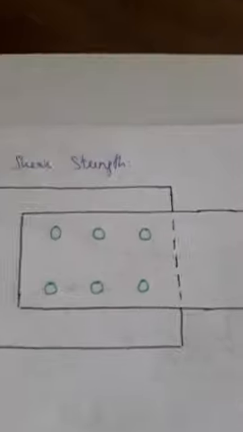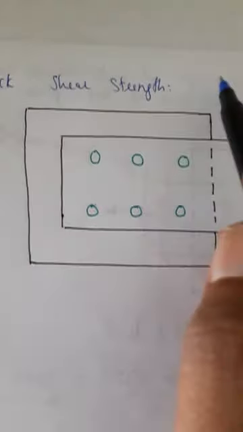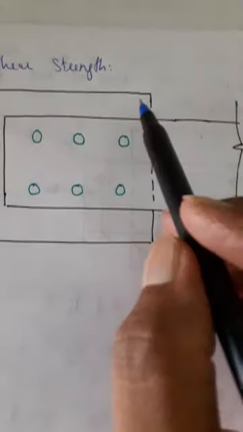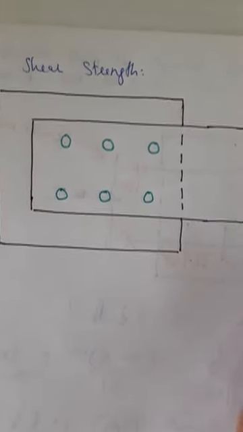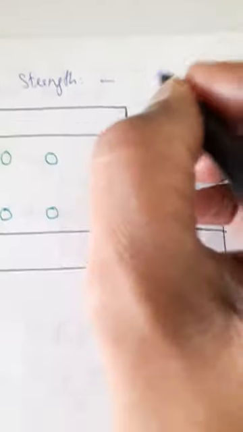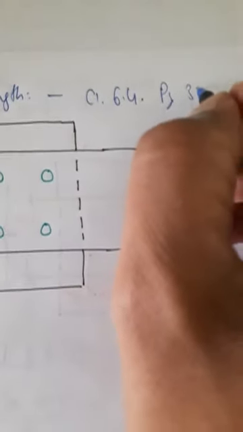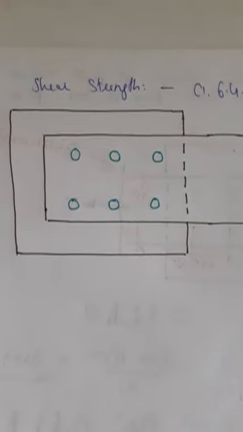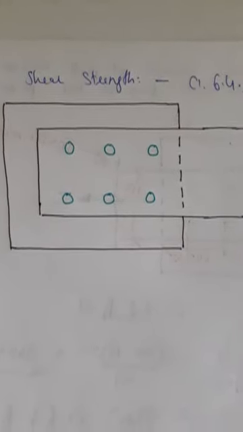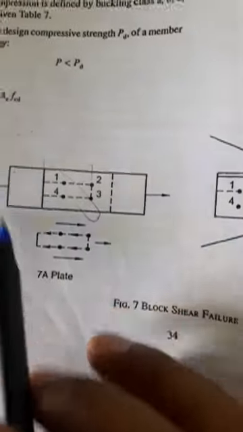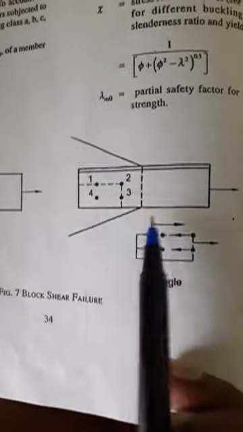Now we will find the third strength, block shear strength. So draw another diagram. This is the tension member, this is the gusset plate, 6 number of bolts. Now refer to the steel table, refer to the IS code clause 6.4 page 33. And on page 34 a typical diagram is given for plates and angles. This is the diagram for the plates, this is for the angles.